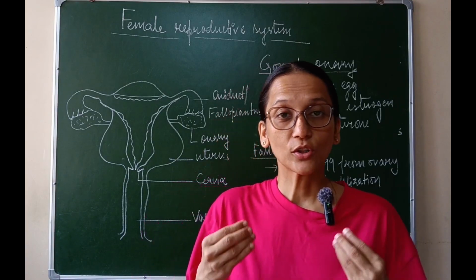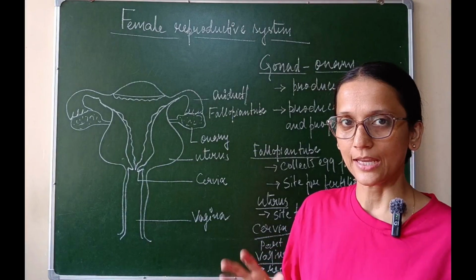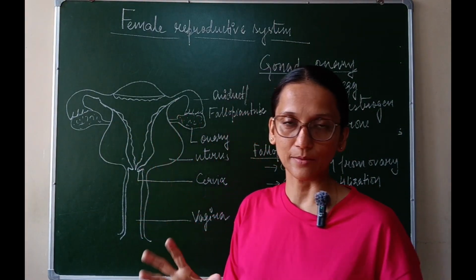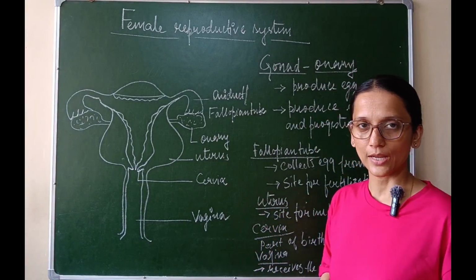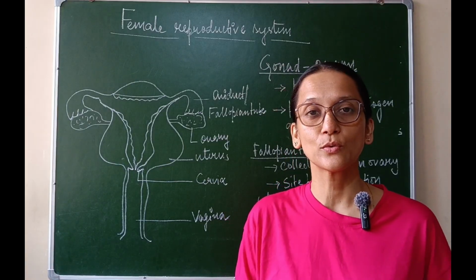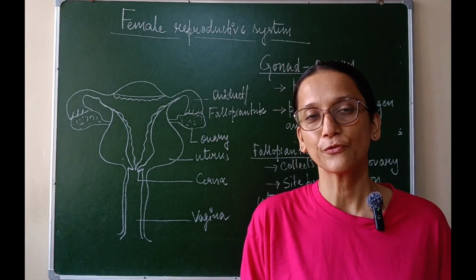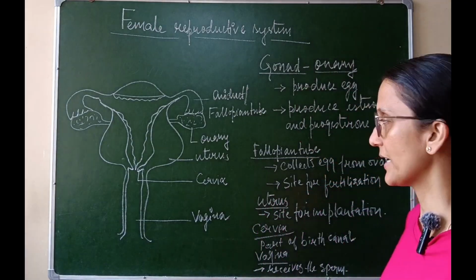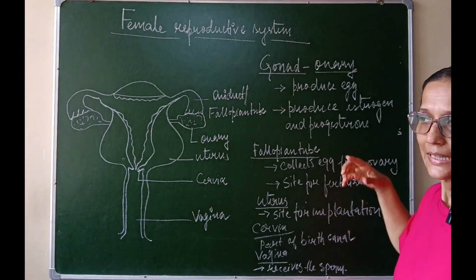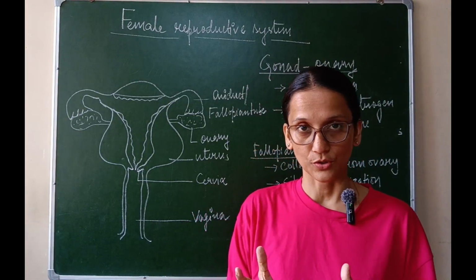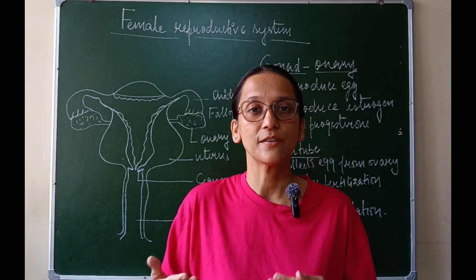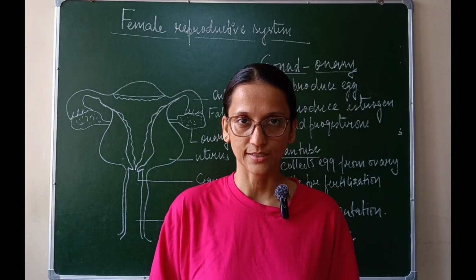The organ or the gonad that produces the egg in the female reproductive system is known as the ovary, and we have a pair of ovaries in a female body. The main function of this gonad is, number one, to produce eggs, and the other function is to produce certain sex hormones necessary for female body development. The two sex hormones produced by the ovary are estrogen and progesterone. They help in maintaining the uterus vascular and spongy. They also play other roles which help in the development of female secondary sexual characters.